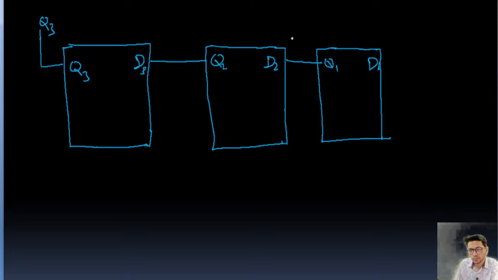Okay, so this is Q1, this is Q2. Okay, and this is D input. D in equal to +1,